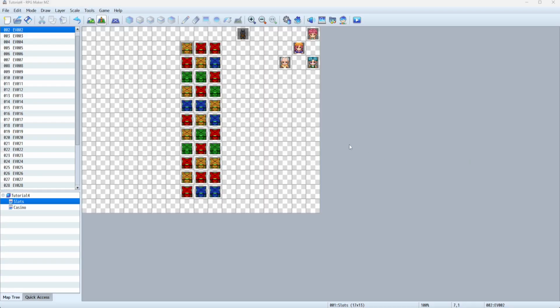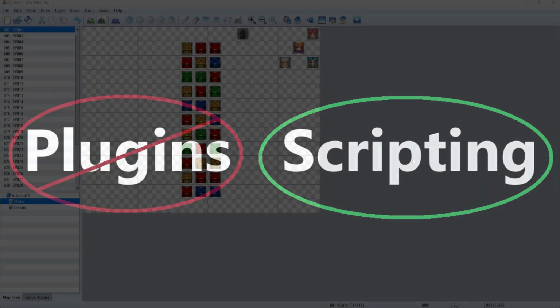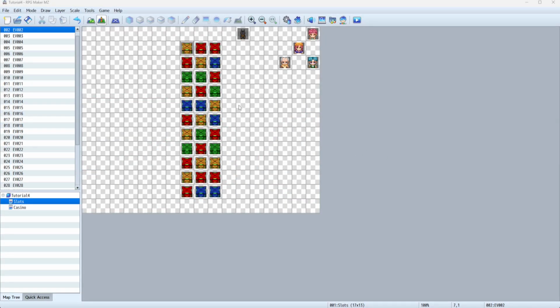Alright, so how do we make this work? Well, the good news is we won't have to use any plugins, but you will have to have a moderate understanding of how scripting works in order for the slot machine to function. But yeah, besides that, we are good to go. So to start us off, we are going to want to make